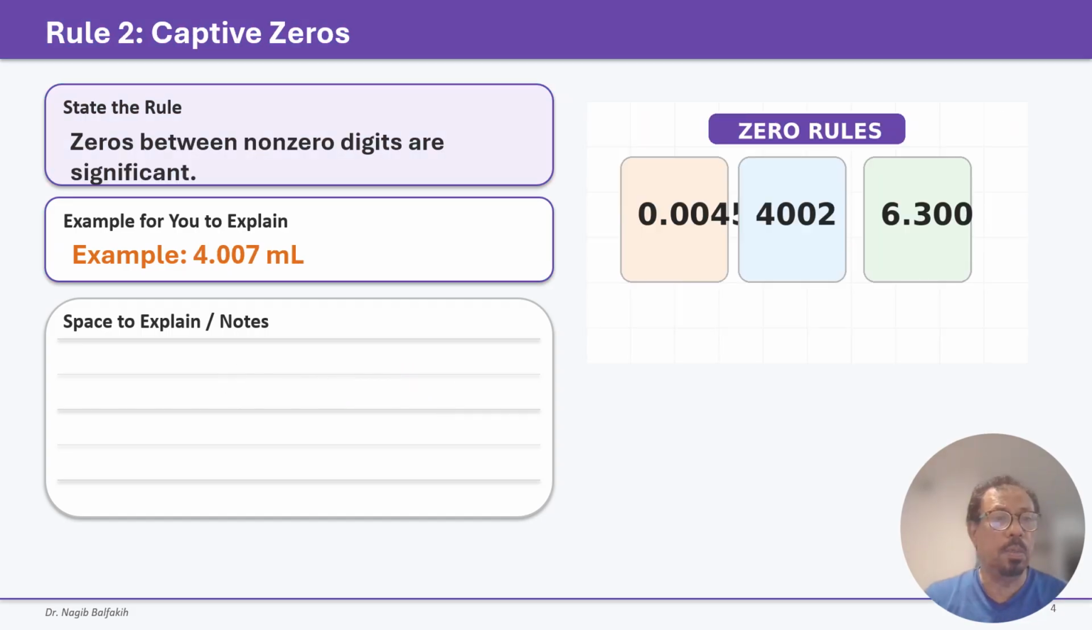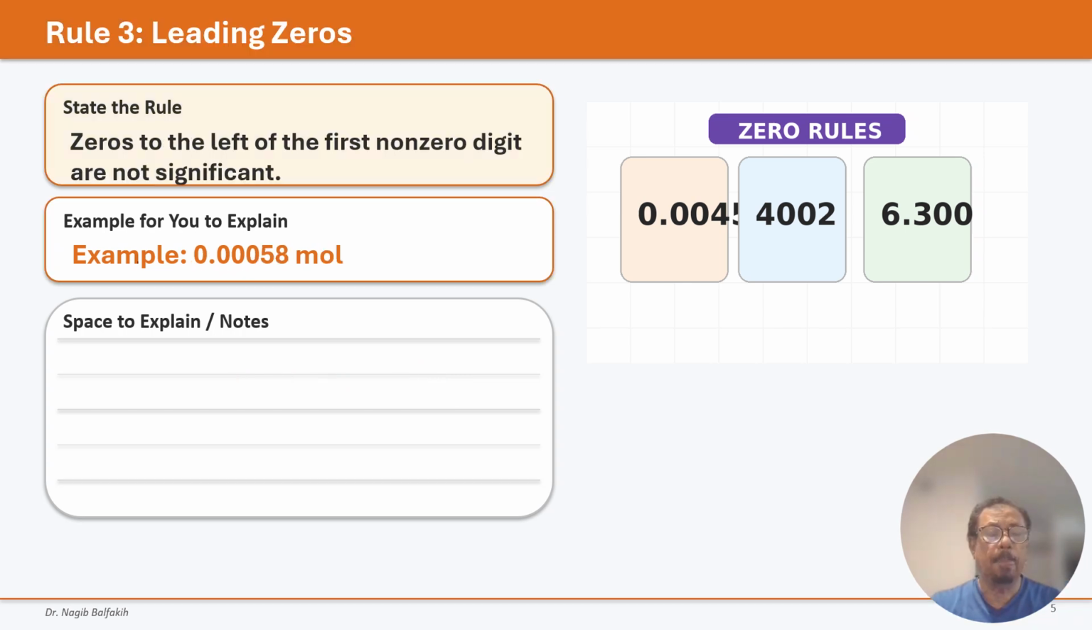The second rule states that zeros between non-zero digits are significant. So we have 4.007. All these zeros are counted. So we have 1, 2, 3, 4 sig figs. So the first rule, all non-zeros are significant. Second rule, captive zeros. Third rule,